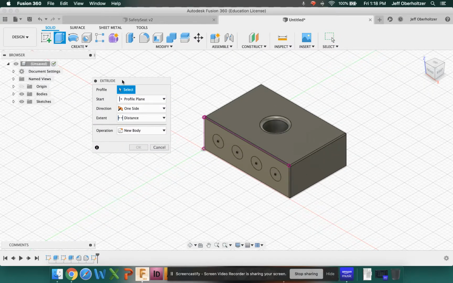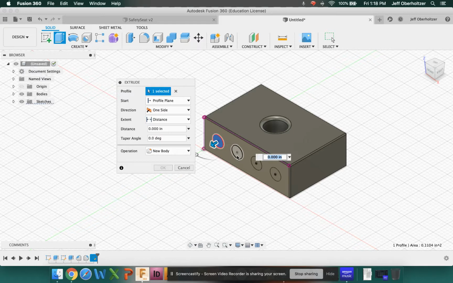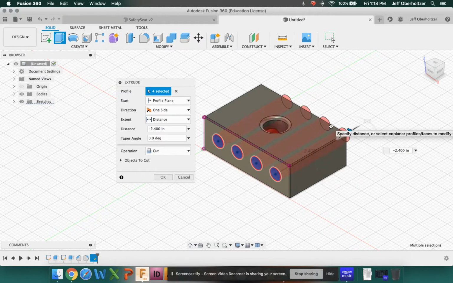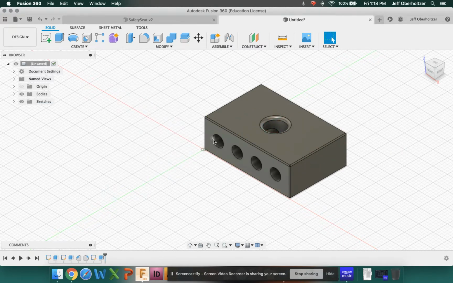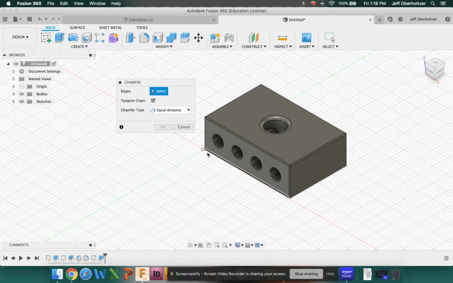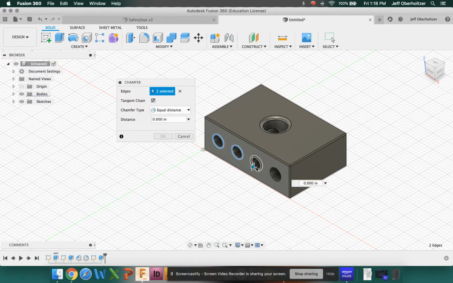So I'm going to choose the Extrude command and click 1, 2, 3, 4. And the simplest way to do this is drag them back through at least -2. And then click OK. The final tutorial also tells you to do chamfer, so we can do that really quickly. I'm going to choose chamfer. And I'm going to select each of the 8 circles that are in here. So there's 4. And if I move back in here, there's 1, 2, 3, 4. You're going to type in 0.03. Click OK. And at this point, your 1, 2, 3